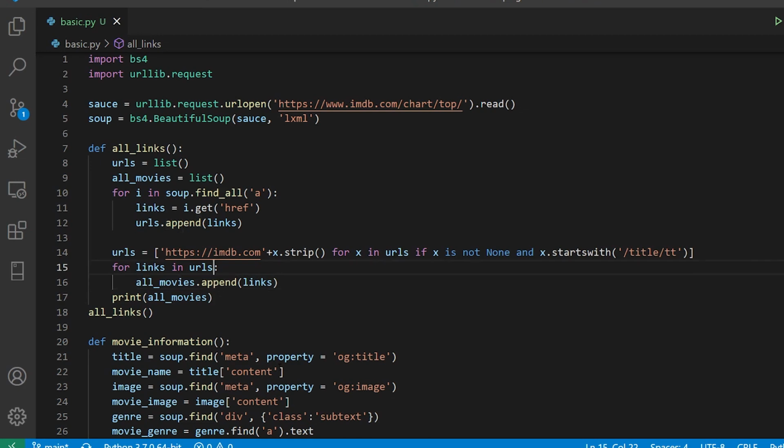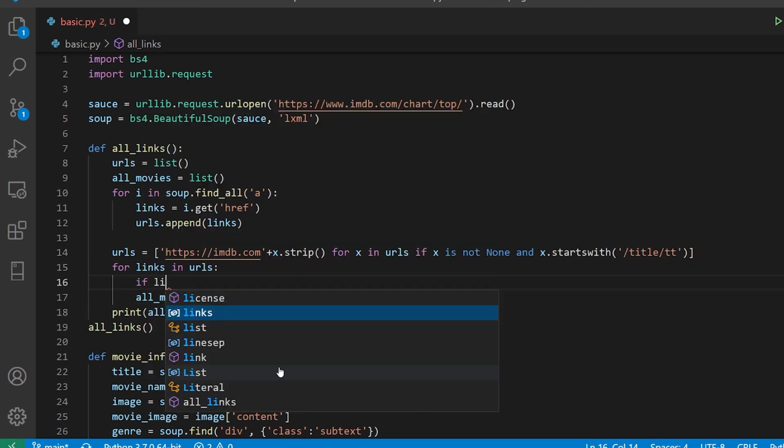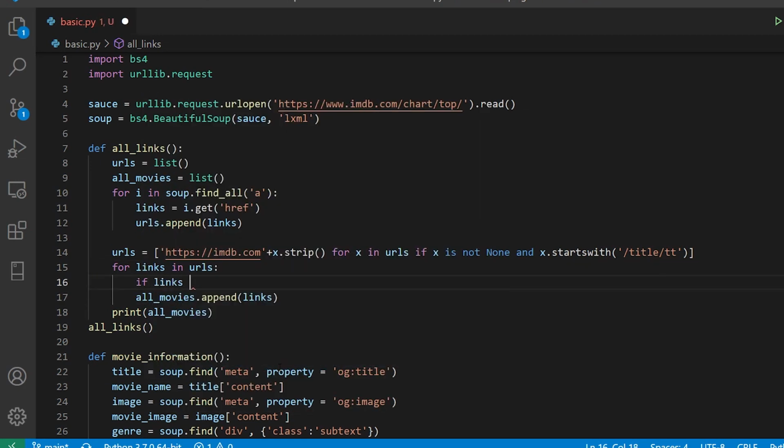So I want to make a condition over here that if links are not present inside all movies, then only I'm going to append them, because it is going to take the link associated earlier, and then it is going to try to push it in each and every single iteration. So that list comprehension has created links, but we are actually now extracting from that list comprehension. So that is giving me one comprehension after another. So I'll say if links is not in